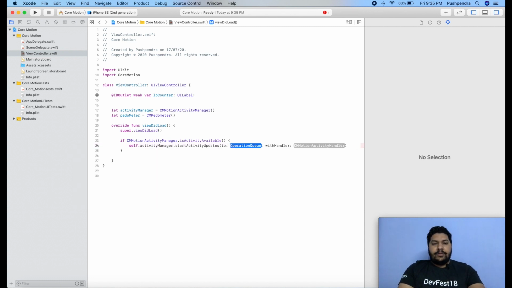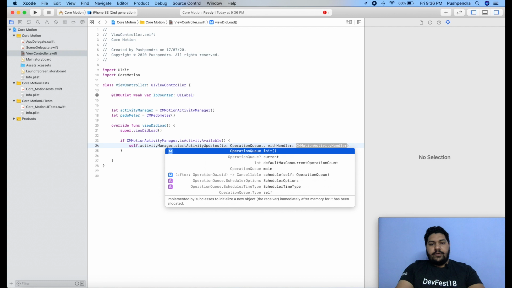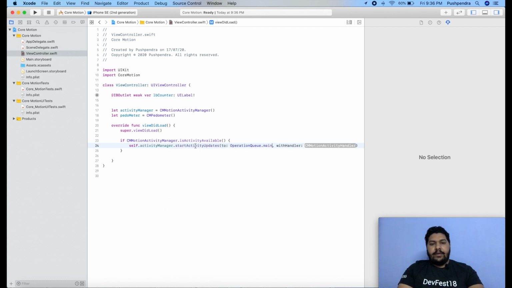Okay, so over here OperationQueue, or we can say OperationQueue.main. Okay, after that it will actually return data. So what will be the data here, we can say data, and here our data will be printed. Now we will validate the data, and before that I will integrate the dispatch main queue.